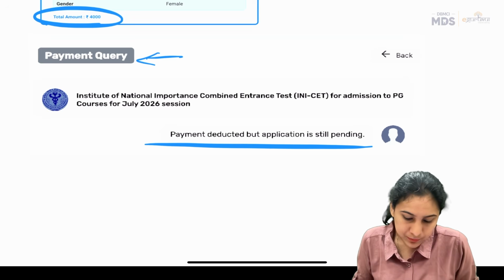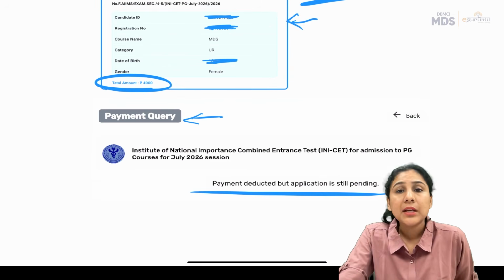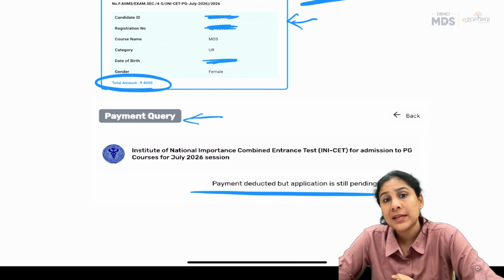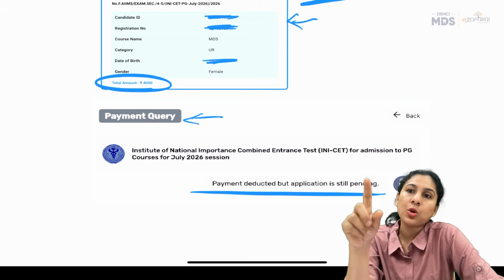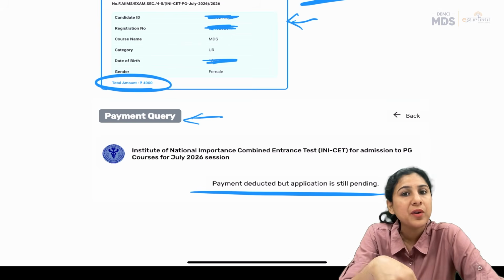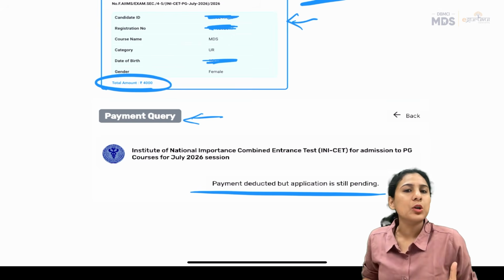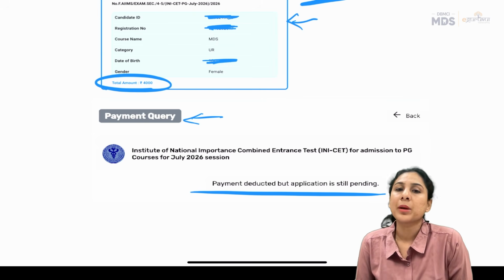All right. So, I hope things are clear. The form filling is not very difficult. It's a very smooth experience. The user interface of the upgraded website is very good. When you log in, you will also have an option of going to the old website, but I prefer you should not do it. Just use the new website. It is really smooth. The UI is good. Very easily in 15 or 20 minutes, if you have all the documents ready, you will be able to fill the form.